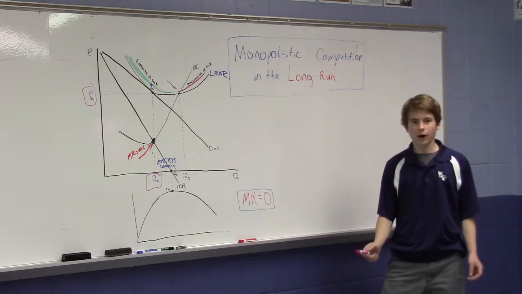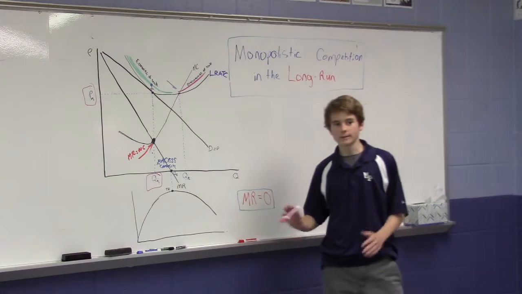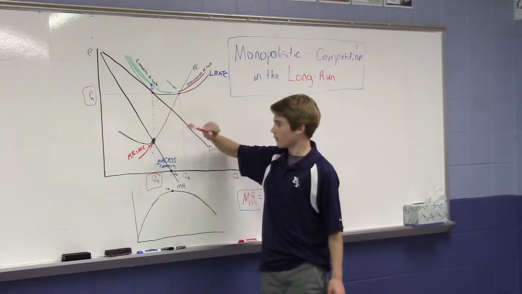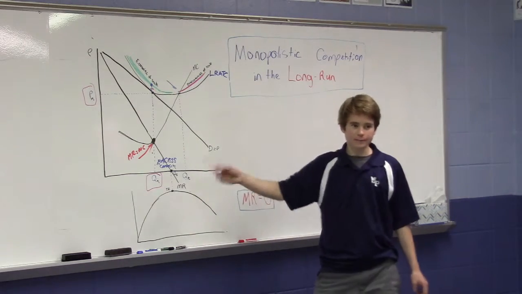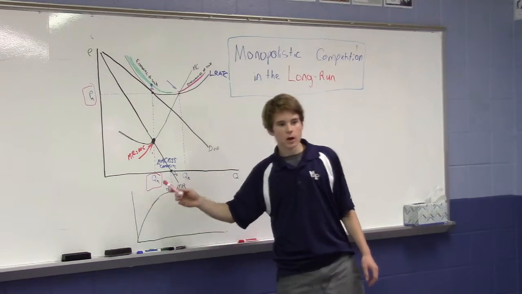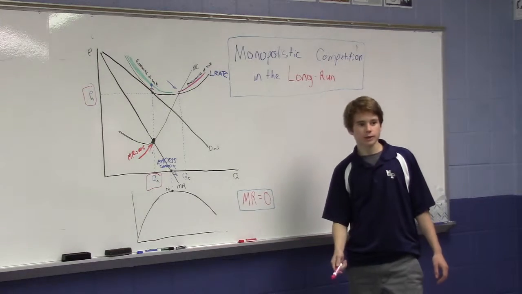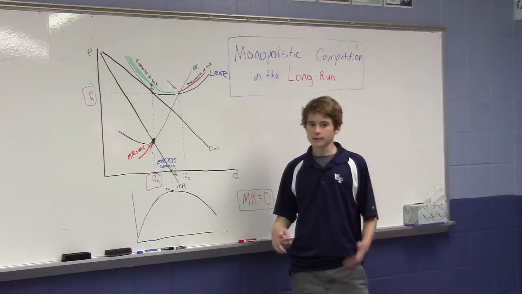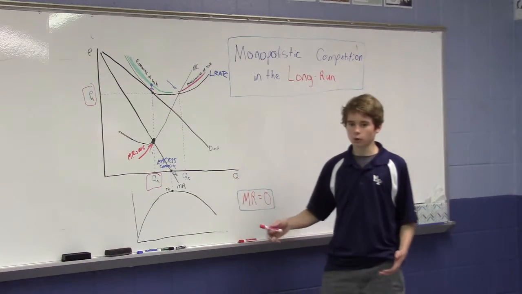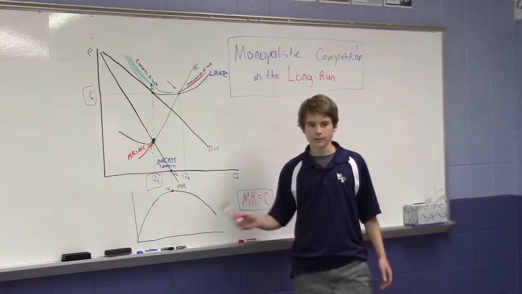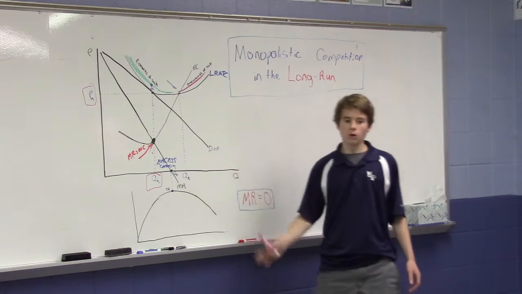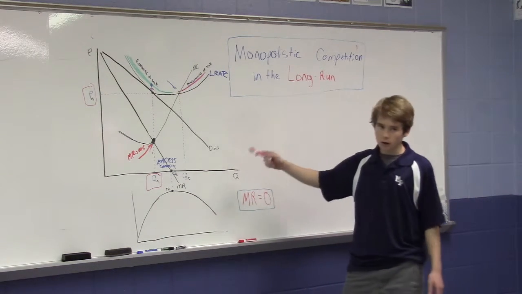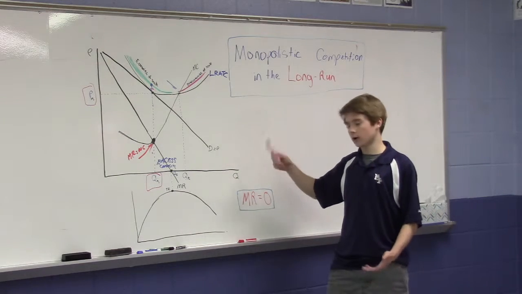Alright, so here I am going to explain what these mean. So, MR, where I labeled right here where MR, marginal revenue, equals MC, marginal cost. With monopolistic competition in the long run, it also experiences similarities as when it's in the short run, where MR equals MC. However, in the long run with monopolistic competition, the demand, AR, also shifts, or